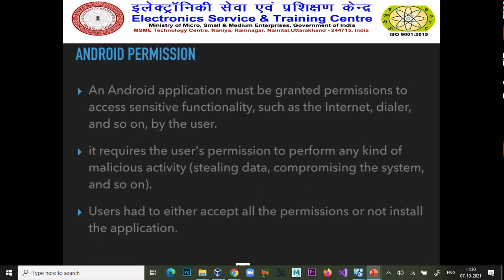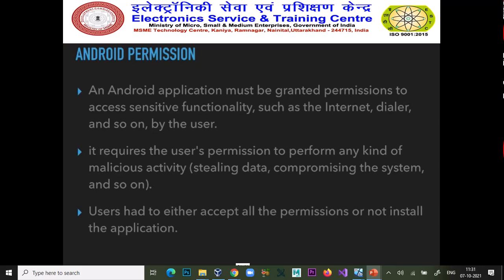So what are Android permissions? An Android application must be granted permissions by the user to access sensitive functionality such as the internet, dialer, and so on. If you install any application on your Android device, it demands lots of permissions. If you install an app like Paytm on your system, it demands lots of permissions.